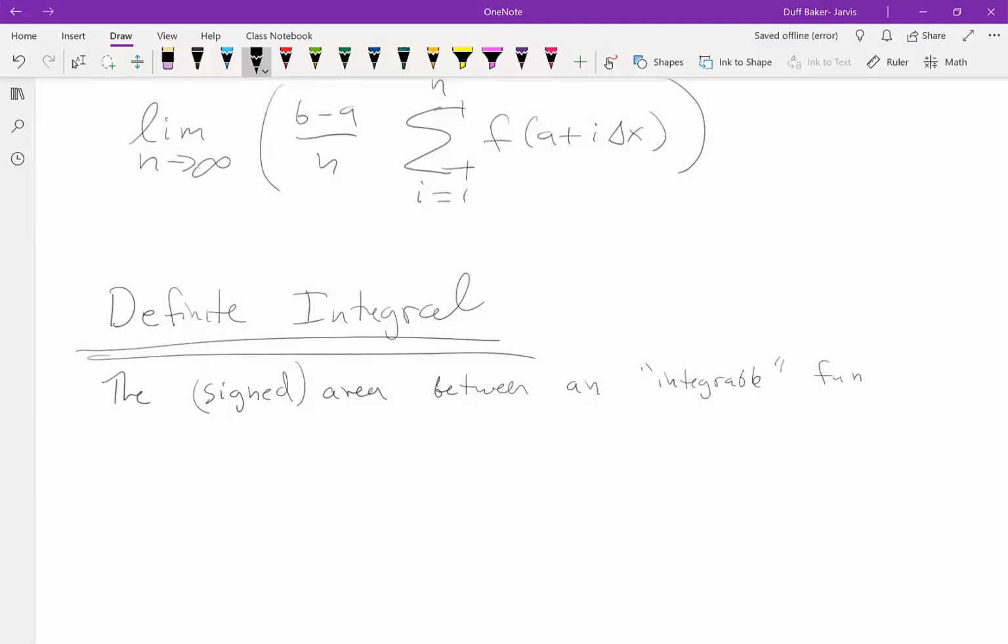So there are certain functions which you can't actually compute the area of, but they're so ugly you could almost never write them down. So we're going to ignore that idea just for the sake of time. But most functions we can actually find the areas under, and they're called integrable. So the signed area between an integrable function and the horizontal axis or x-axis